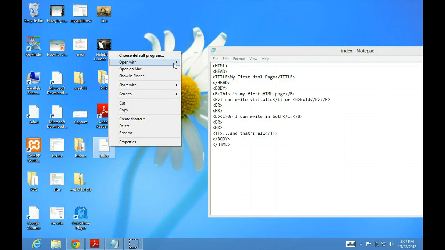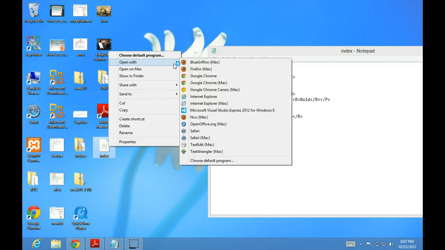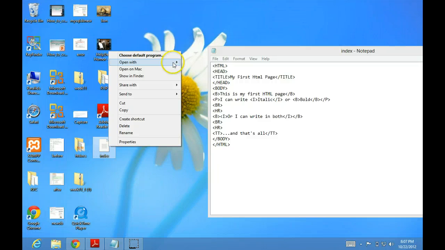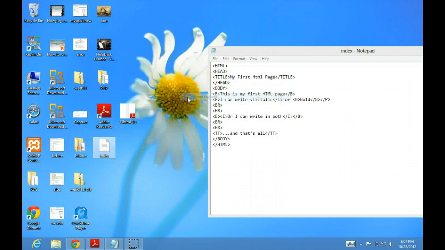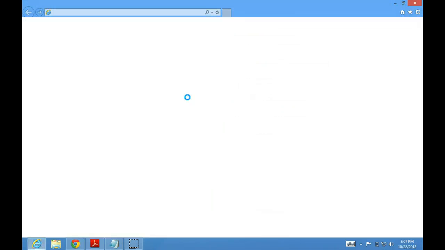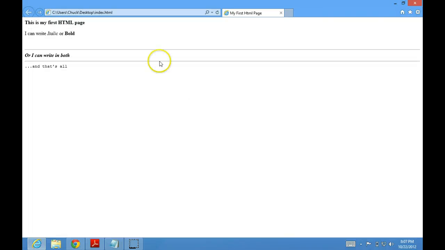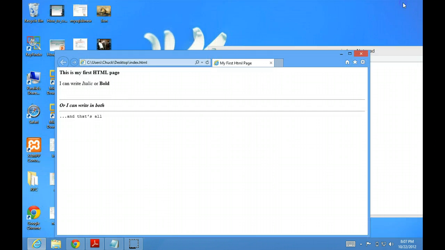I'm going to open this page with Internet Explorer, and you might have to right click on yours as well and open with Internet Explorer. Firefox would work as well. And there is the page I just created. You'll notice the title, My First HTML Page,